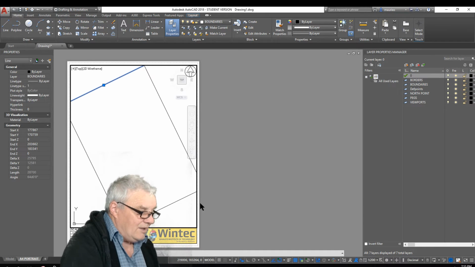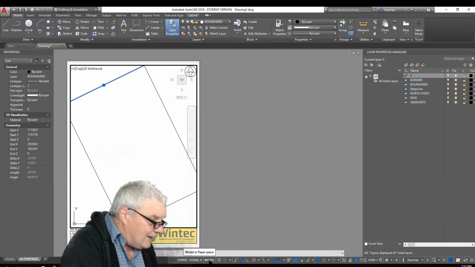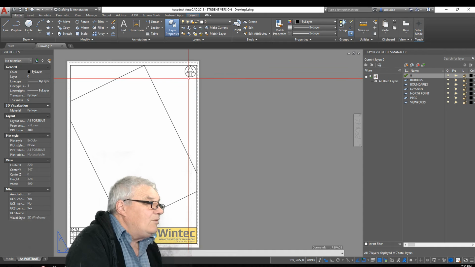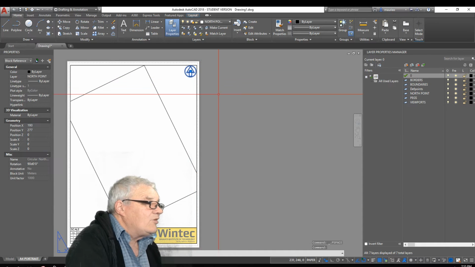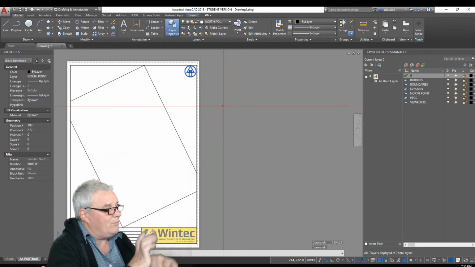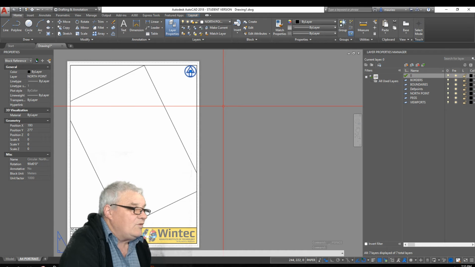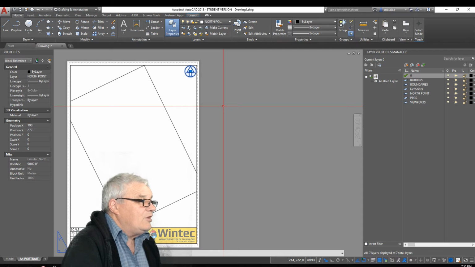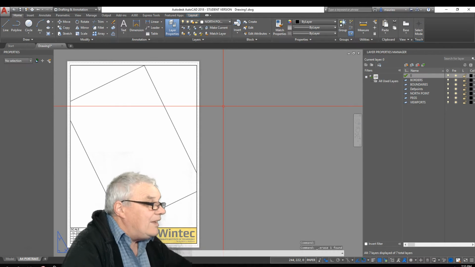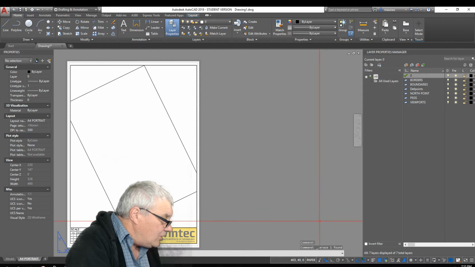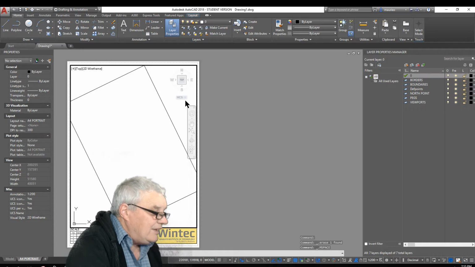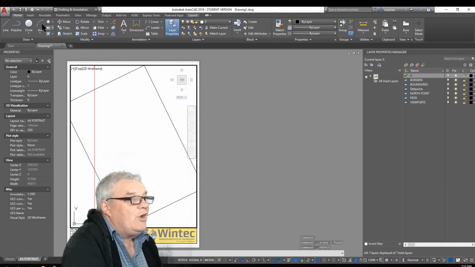unfortunately the north point that I've got here is in paper space. So what I'm going to do is swap the north point into model space so that it'll swing with the view when I swing it around. So I'm going to delete that one, and I'm going to go here to model space, and I'm going to go